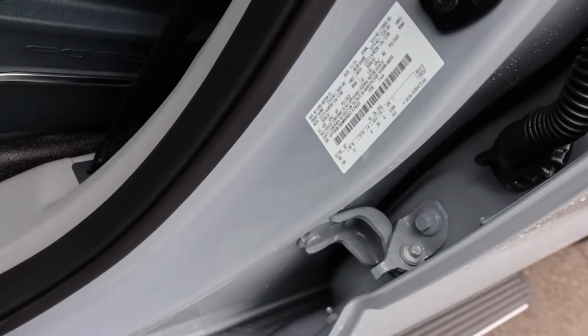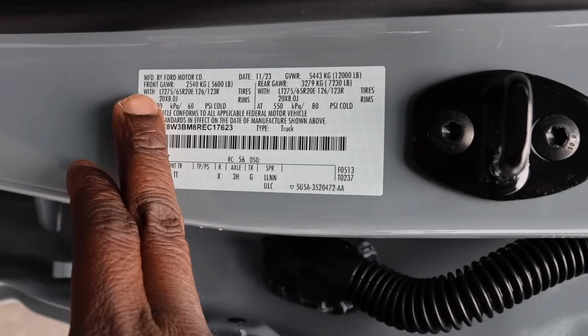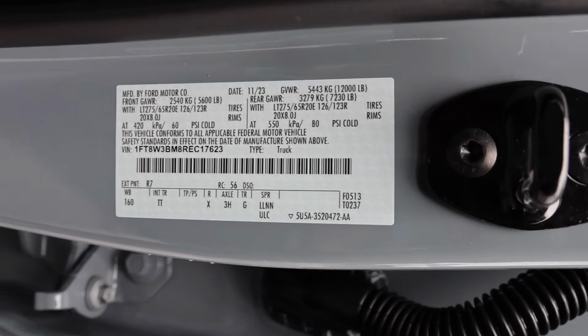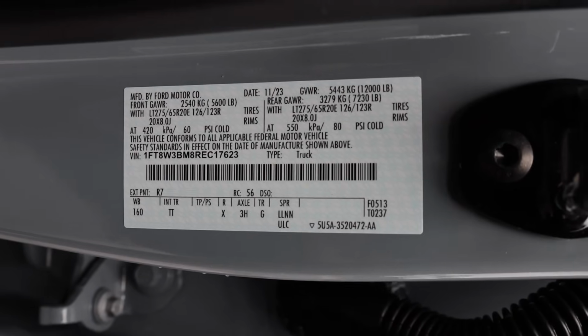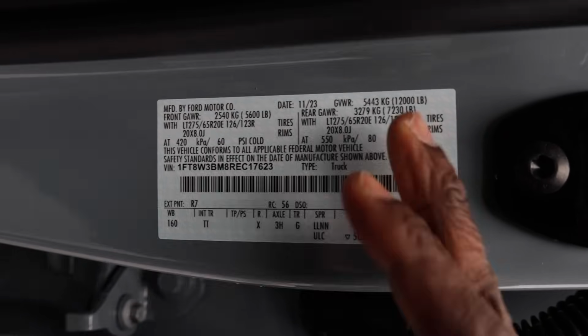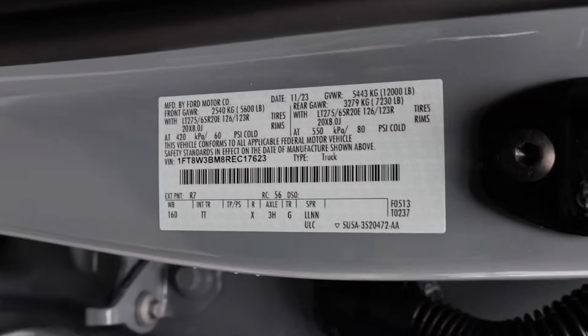Let's go and check out the payload now. If you don't remember, the Limited I did a video on had more payload than this truck. If you want to go back and watch that video, front gross axle weight rating and the rear does not change. So 5,600 pounds up front, 7,230 pounds in the rear, 12,000 pound gross vehicle weight rating. If you get a long bed, it would go up by 400 pounds and